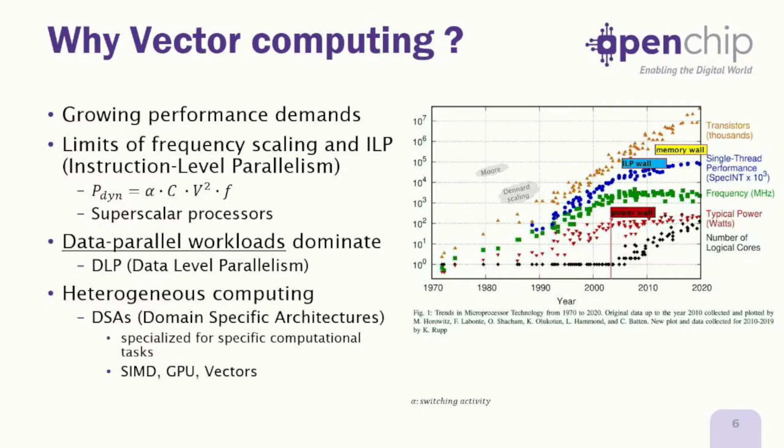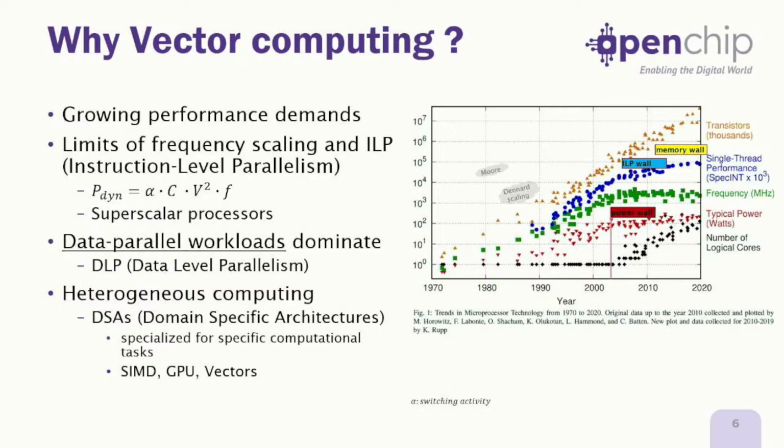On the right, you have a very well-known picture regarding the trends in microprocessors in the latest 50 years. I don't want to go through all the details of this picture. It's just to understand why we need vector computing. In the 70s and 80s, we started with single core processors. And the way we were increasing the performance, because there is always a growing demand of performance for microchips, was